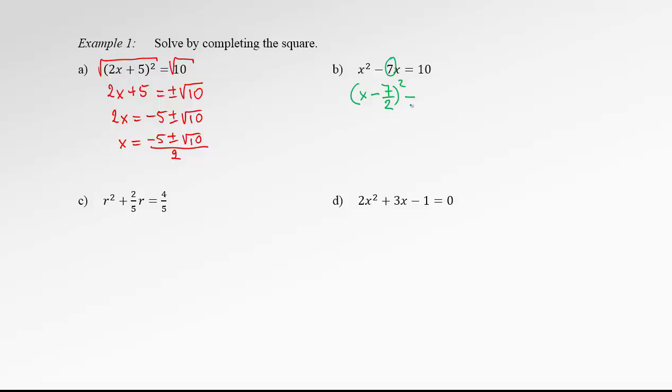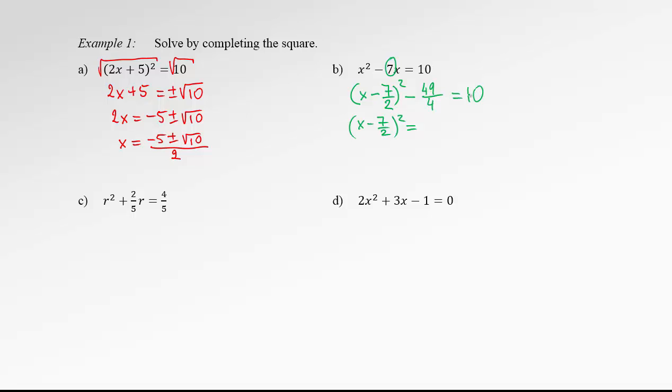Therefore, we need to subtract the last term of this perfect square formula. And the last term is perfect square of this number. So perfect square of 7/2 is 49/4. This way, we didn't change the left-hand side. It's exactly the same. And then copy the rest equals 10. Next step, let's move the free number to the right. So we have x minus 7/2 square equals,